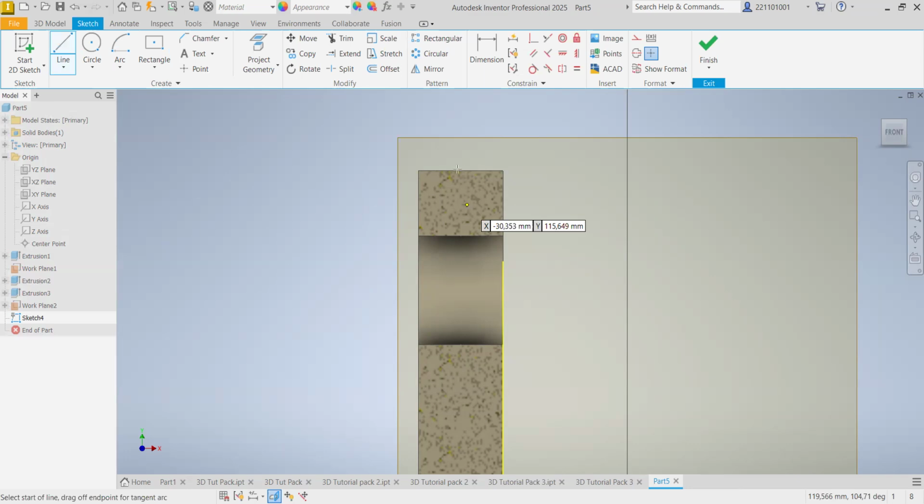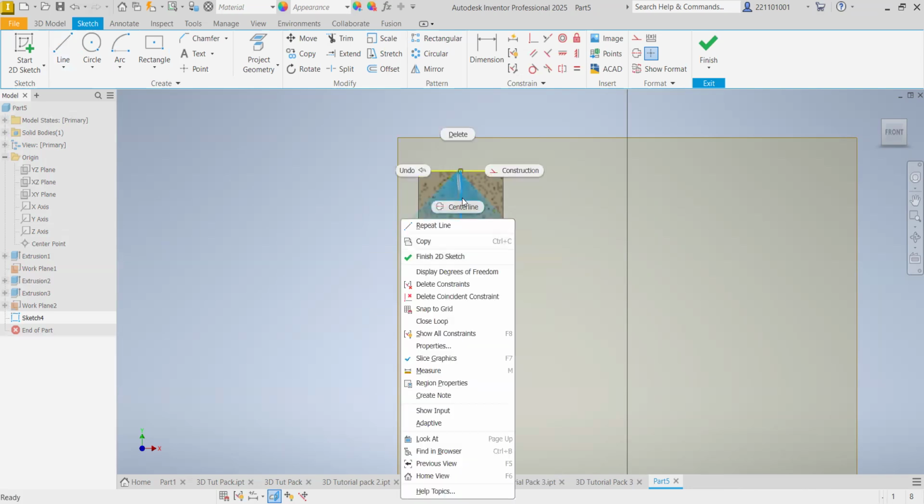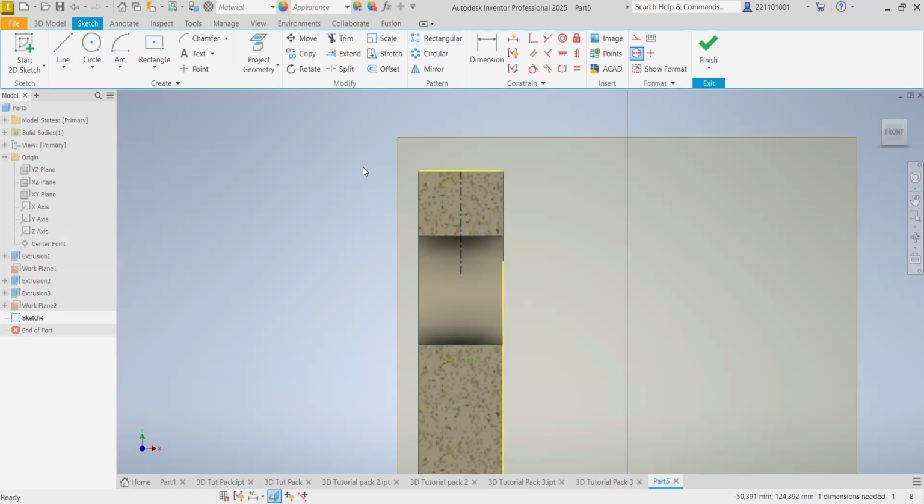But let's see. What if I can draw a center line? Yeah? And change this line to a center line. Yeah? And draw another line here. So, and then what if I can set the distance between these? I want it to be 10. What if, and then what if I can draw so,